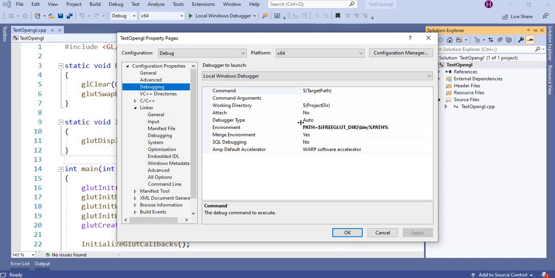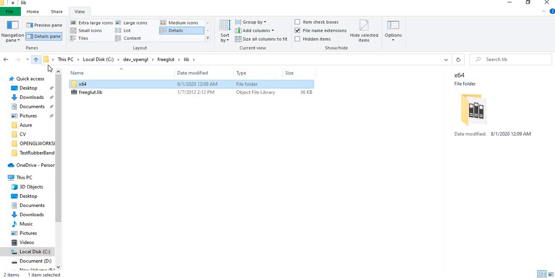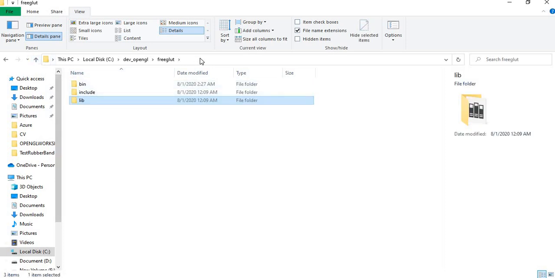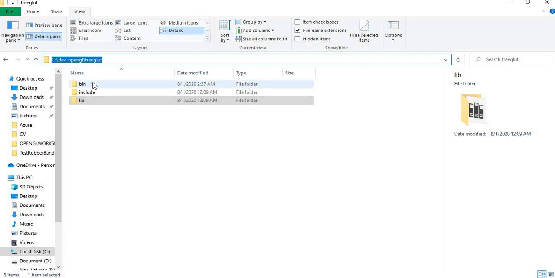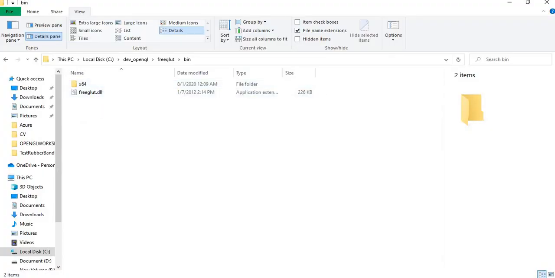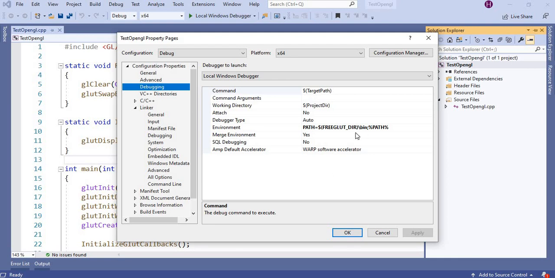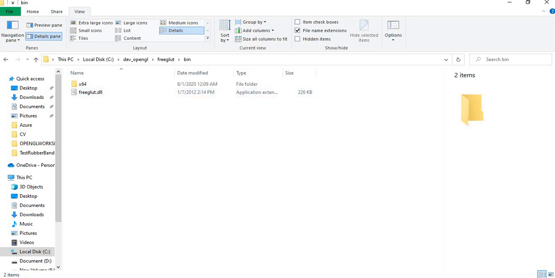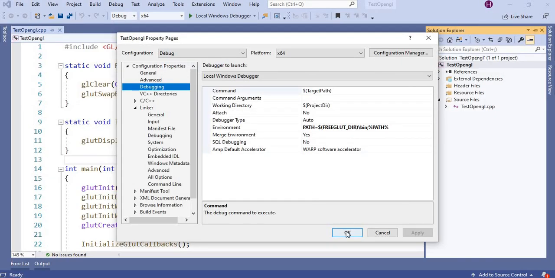So it will prompt you where all the DLLs are placed. Where we place the DLL, we place the DLL in dev opengl freeglut inside bin. So see, /bin, okay, bin. So it will take that DLL from here and press OK.